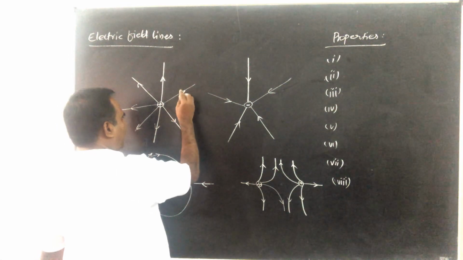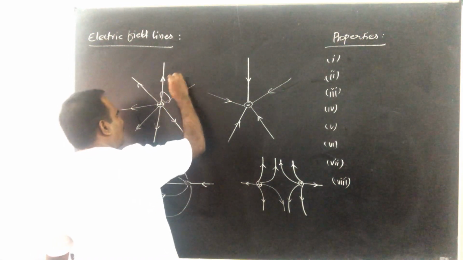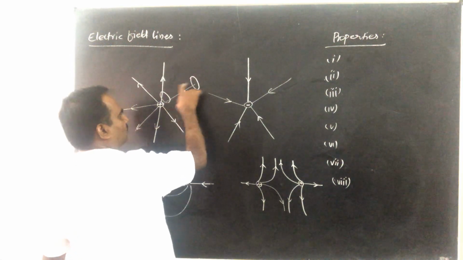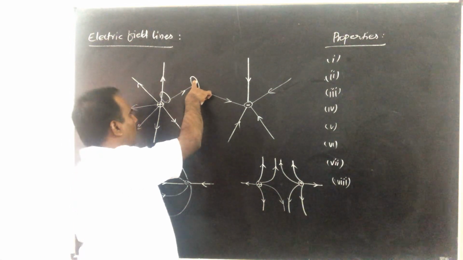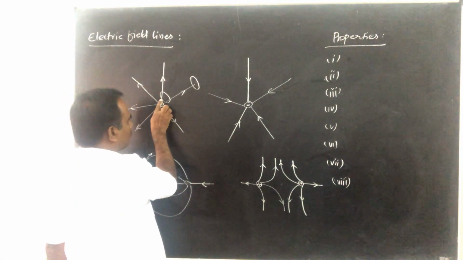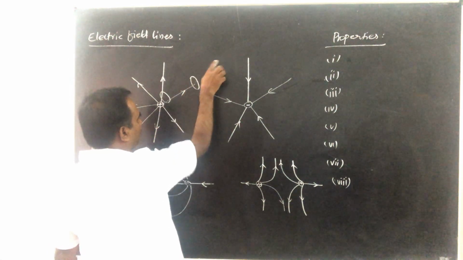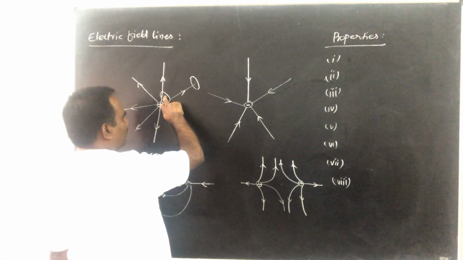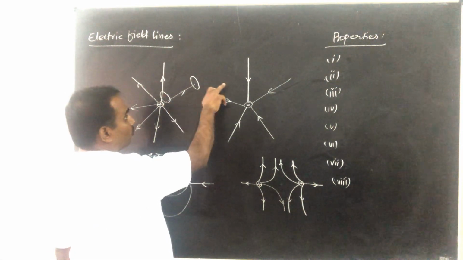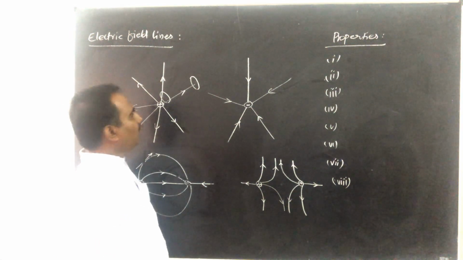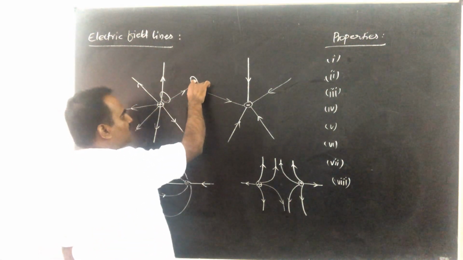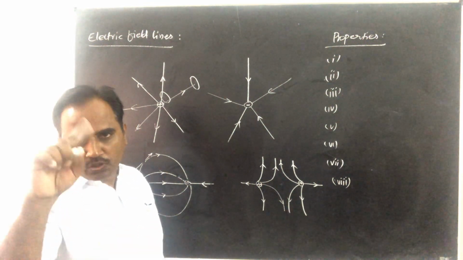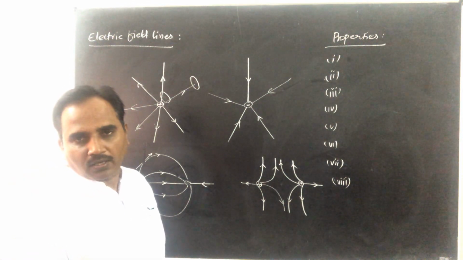Suppose I consider unit area here, and if I consider unit area somewhere here, the area is the same. This area and this area are the same. So through this area, the number of lines passing through it will be more, and through this area, the number of lines passing will be less. Since the number of lines passing normally through a given area is directly proportional to the strength of the electric field, here the field is said to be stronger and here the field is said to be weaker. I told you the same point in the last class also, E proportional to 1 by R square.